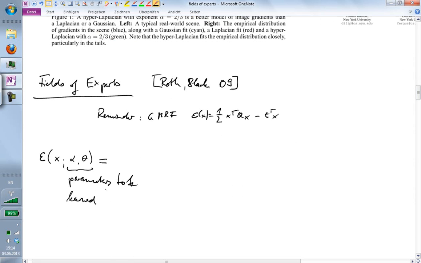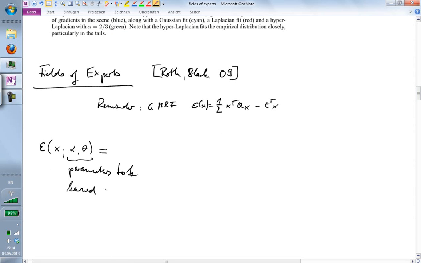And we first have a term that couples to the data. And if we just want to denoise, it would look like this. So the likelihood term,